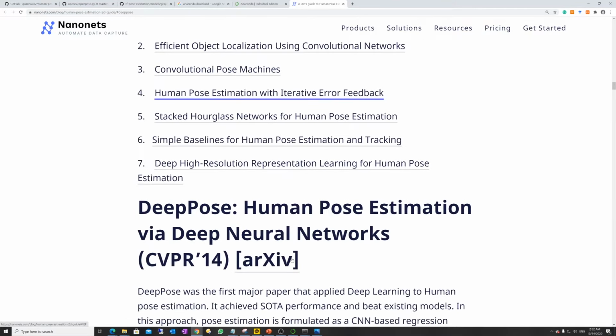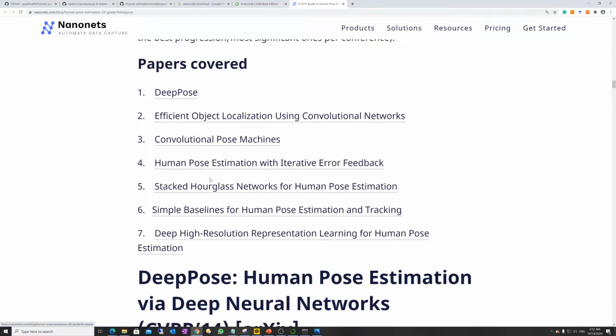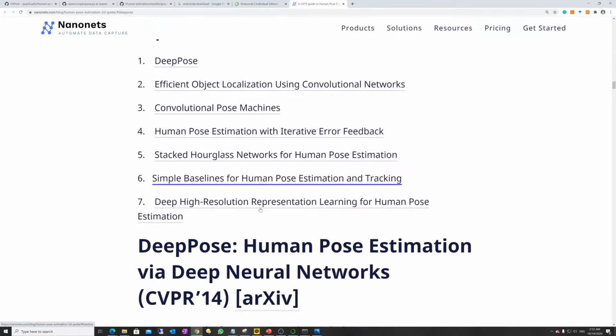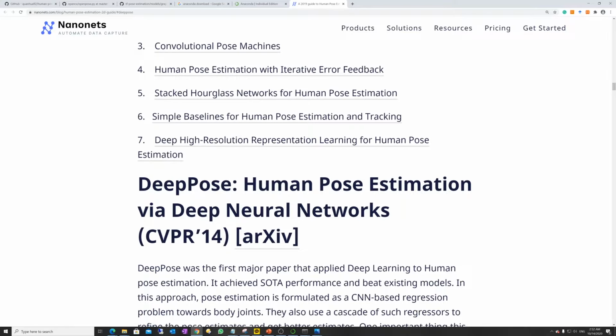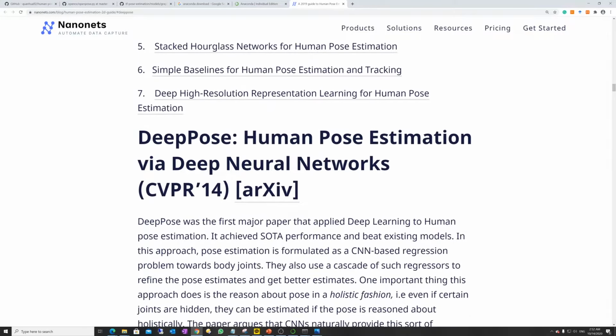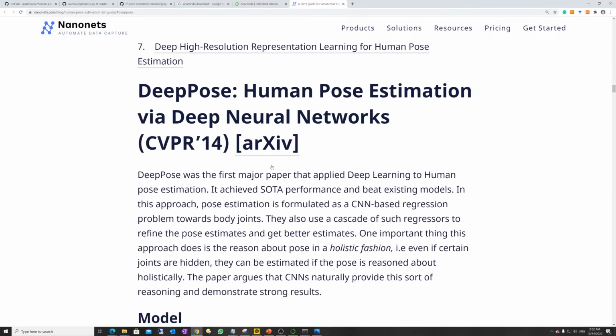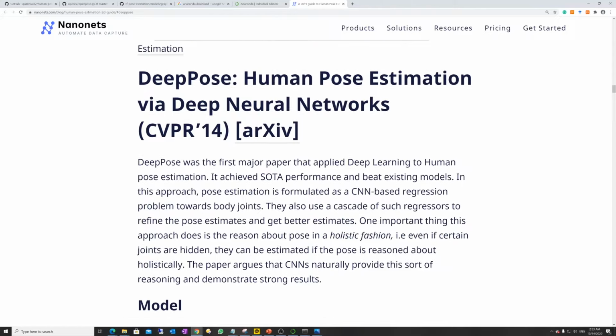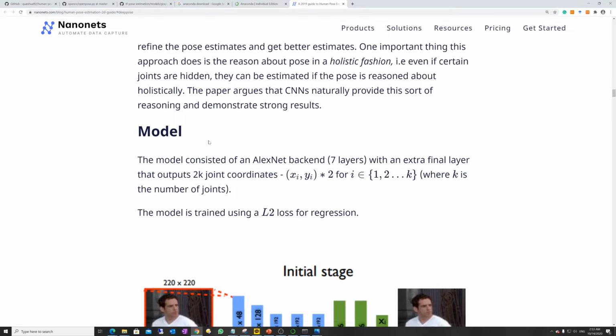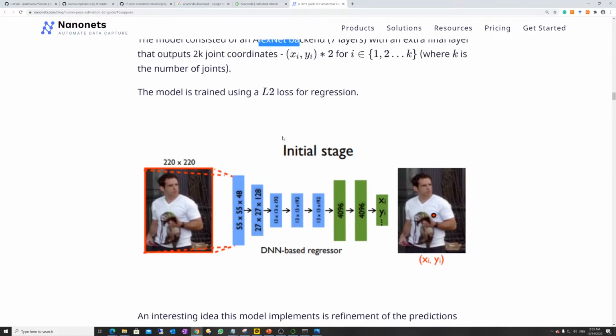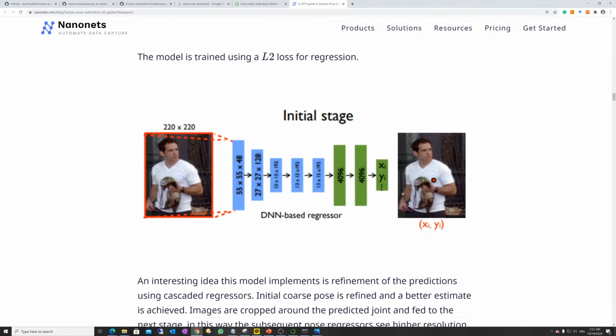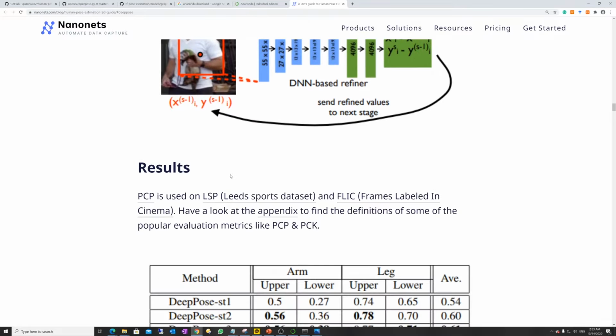And there was a paper. If you visit this link, there are so many papers available, like DeepPose and others. This is CVPR, a very famous paper, DeepPose, because they were the first to perform everything using deep learning. Prior to them, everything was performed using computer vision and other techniques. But after them, it was inspired by the AlexNet backend. Again, this is an image classifier, so they used classifiers in order to point out the points